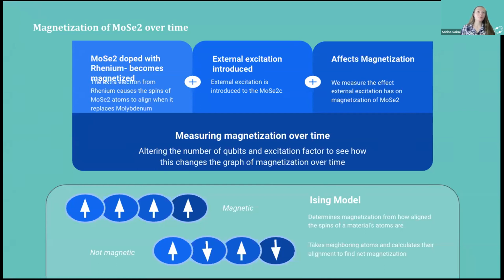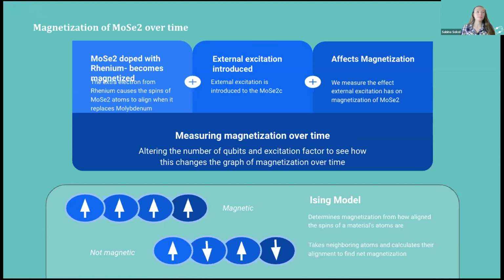We created our model based on a spin chain of the material MoSe2. MoSe2 is magnetized by the replacement of some molybdenum atoms by rhenium atoms, which have 1 extra electron compared to molybdenum. And because of this, the spins of the atoms in the material align to generate magnetization. We wanted to explore the effect of altering the number of qubits and changing the excitation factor on the magnetization